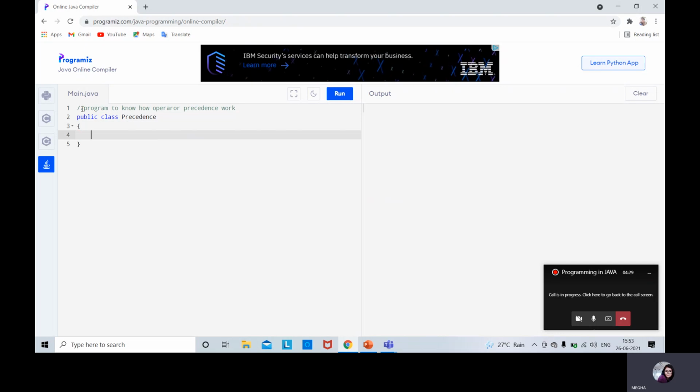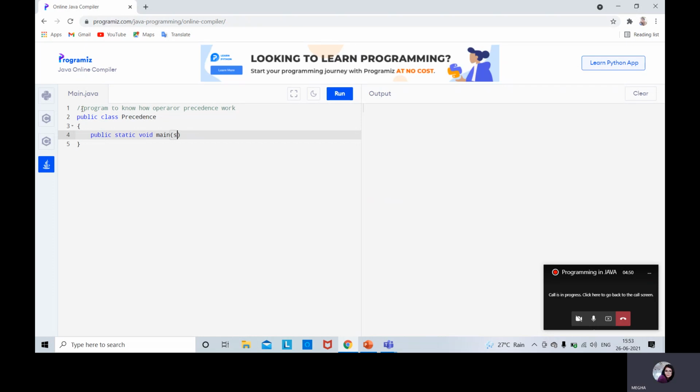Let us enter the class definition. Inside the class definition, we have to have a main function: public static void main, String args with square brackets.